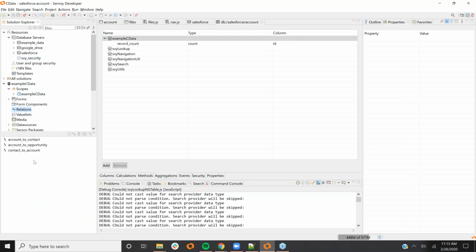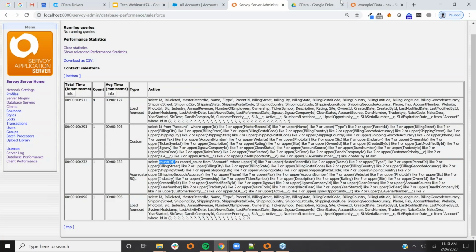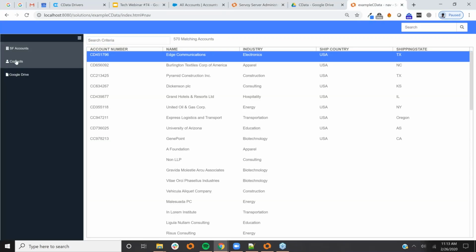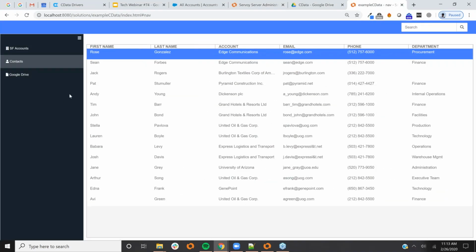One is contact to account and account to contact. And I made another screen here with contacts. And you can see that I'm showing the related account here. So that's not in the primary table, that's in the foreign table. But also if I were to search by account,